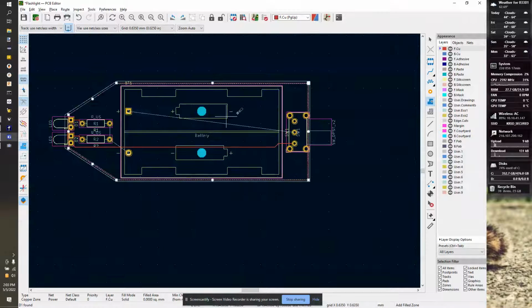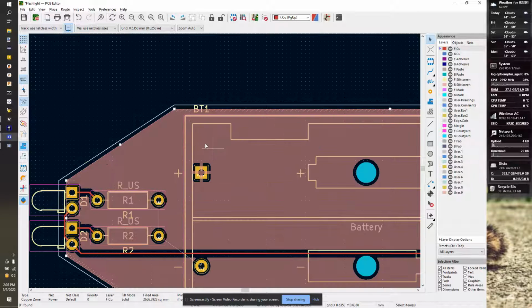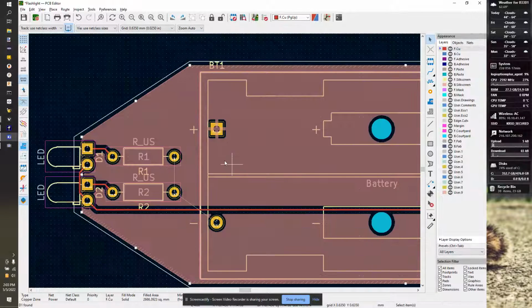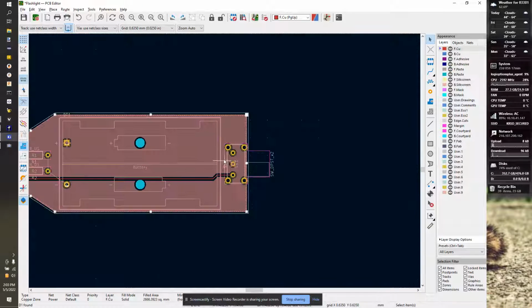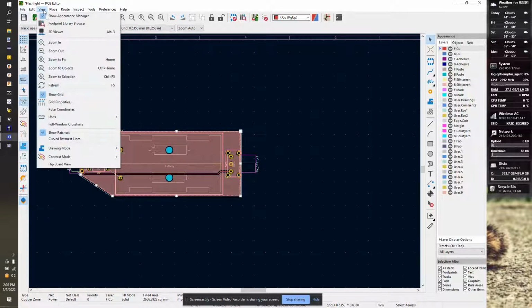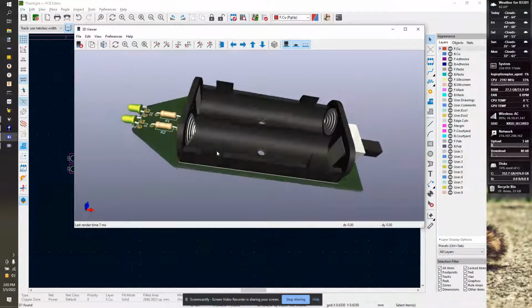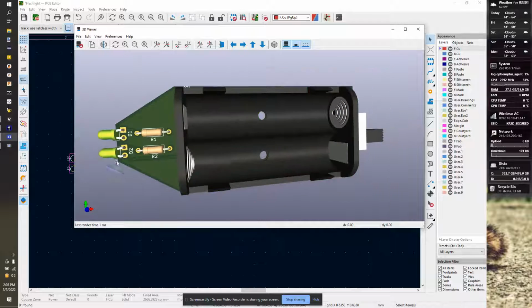And now we need to generate our floods, which you'll see in a moment. So we're going to right click, fill zone. So that's going to fill that in as a power plane. And notice the random connection is no longer showing anything. And if we go to our 3D view, 3D viewer, you can see our circuit board is all one color with a carve out for the traces, but